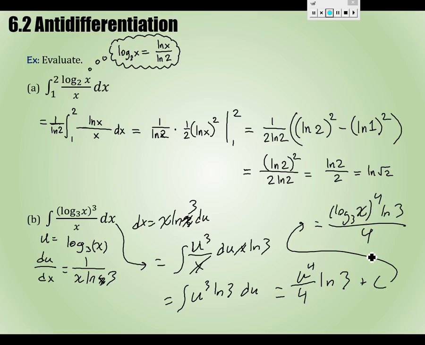It might be worth showing you the other answer just to show you that at first it seems very, very different. If you do it this way, I'll just show you over on the board here too. You might be tempted to do what I did at the beginning too, and that's to write this as ln x over ln 3 cubed over x. So if you did that, you might start by saying, well, that's 1 over ln 3 cubed times the integral of ln x cubed over x dx. So that's ln of ln